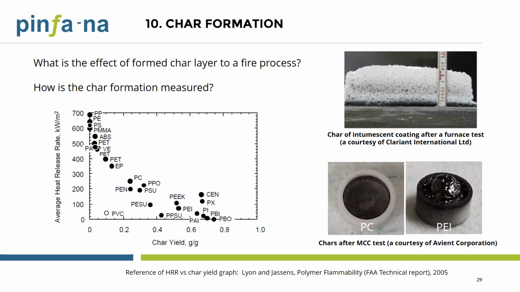The common test methods for measuring char formation include TGA and the microcombustion calorimeter test, MCC test. Both tests can measure the char yield using a tiny amount of sample. In general, the char yields from both TGA and MCC methods using an inert gas atmosphere are comparable for many polymers. Examples of char yield of polycarbonate and PEI, polyetherimide, at the end of the MCC test are shown in